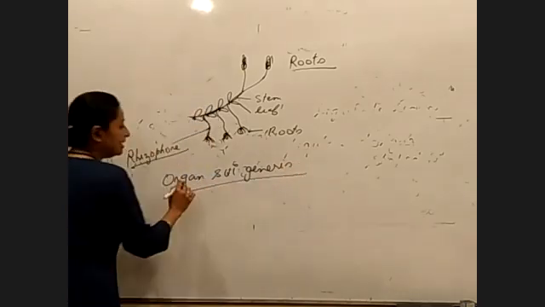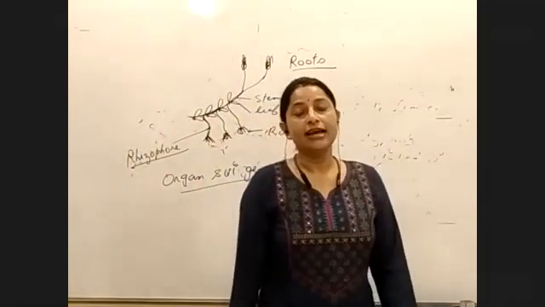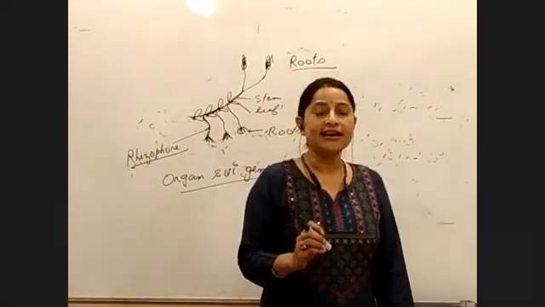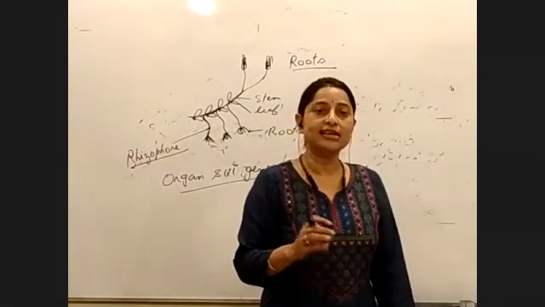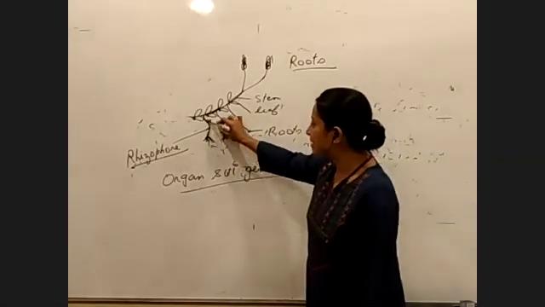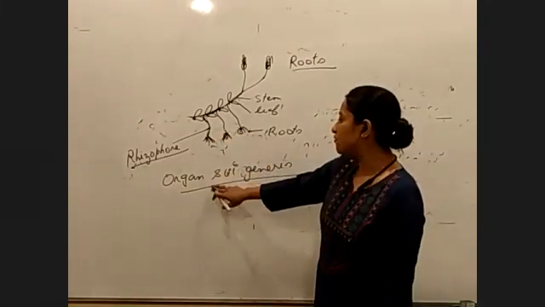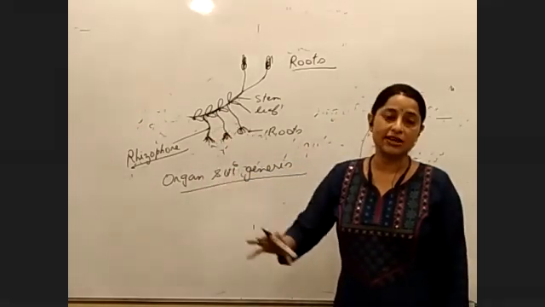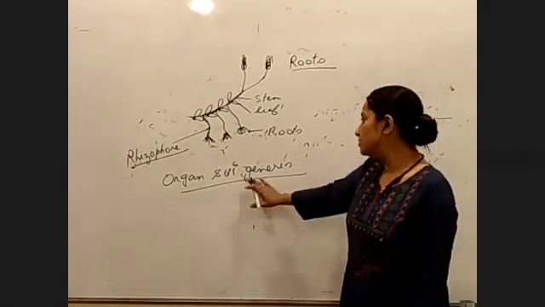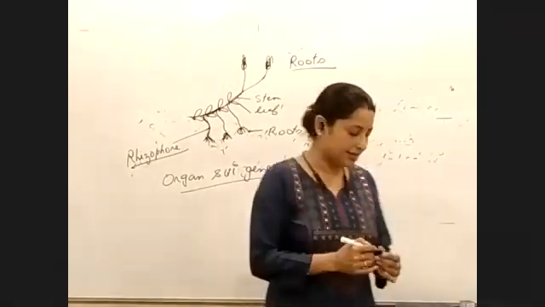So this is again important. Organ sui generis means what? It is a structure that has certain stem-like characteristics and root-like characteristics. It has both stem and root characteristics, and that type of organ is called an organ sui generis. Question: organ sui generis is a characteristic of Selaginella. Clear?